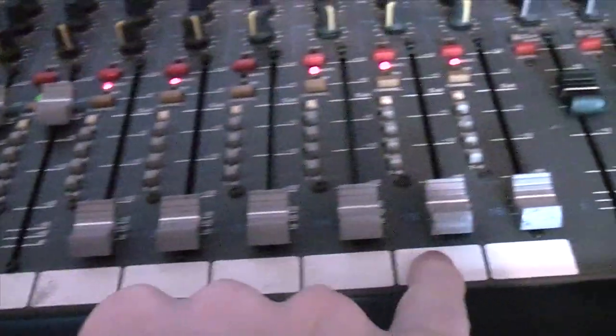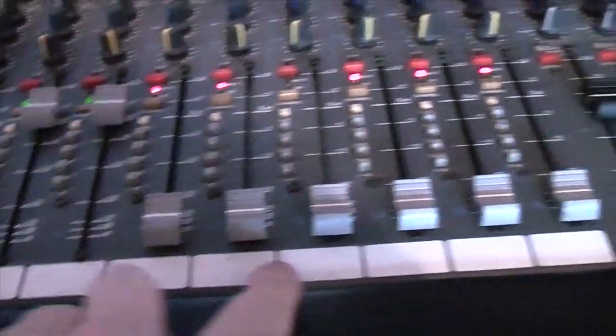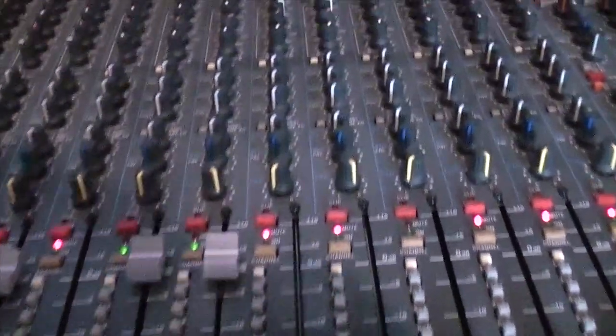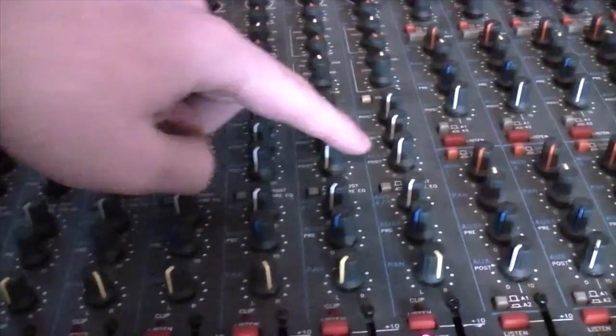These 8 channels here, of course this is the 8th channel on the Multicore that I'm not using. These 8 here are all of my returns. So I'm just using left and right at the moment, PFL to monitor through the headphone output. But what I want to do in the future is get a headphone amp out of an auxiliary, a pre-fader aux, and then mix my own headphone mix on the 8 returns on the desk, rather than doing it on